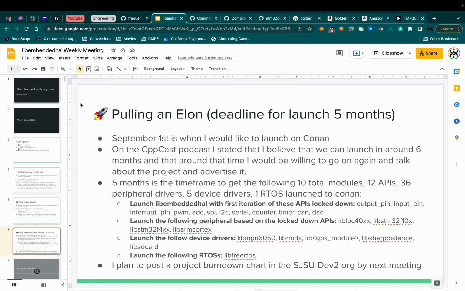Technically, that was a thing with SJDev too, but it was within SJSU. Now it's potentially going to be global. Who knows who might be using it. Maybe some Chinese company sees, hey, this is one little library that these people in San Jose, California made, let's try to use that. Or some small startup in Mountain View decides, hey, we saw this one thing, maybe this will make our lives a little easier if we just use it. That kind of thing. So a lot of impact there, and a lot of people do look at your GitHub to see if there's anything of use or anything that's good there.